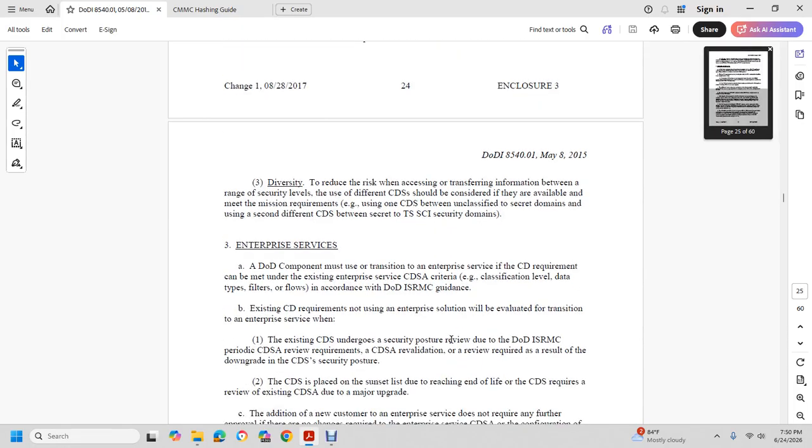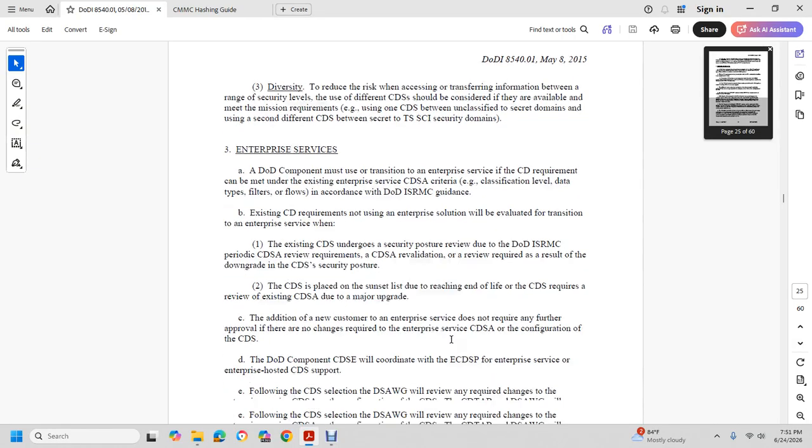Enterprise services with the DoD component with the transit with the enterprise, under the existing enterprise cross-domain agency or assessment classification level of data filters and flows. Department of Defense ISRMC guidance for the cross-domain requirements not using enterprise solutions, with the transition to enterprise services. With the existing, when the cross-domain undergoes security posture review with the DoD ISRMC, with the provide cross-domain